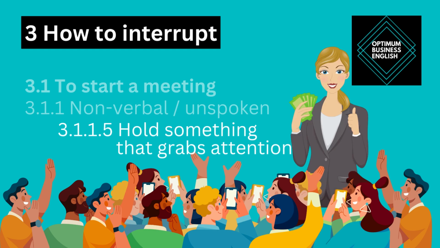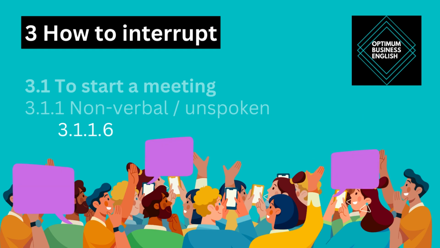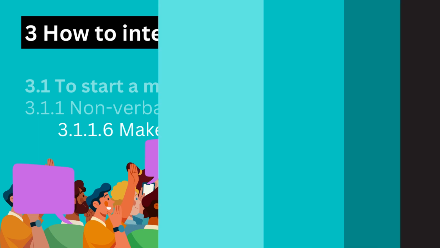A less conventional and more interesting way is to simply hold up something that will grab their attention. It must be relevant to the topic. So, for example, during a sales talk, you could hold up cash money to indicate how much commission they'd make per sale. Or you could hold up the packaging of a new product your meeting will discuss. There are numerous options here, but it has to be relevant and interesting. The final way to non-verbally interrupt your audience to start your meeting is to make a noise, such as scraping your chair back as you stand up, or tapping a ruler against a glass of water.